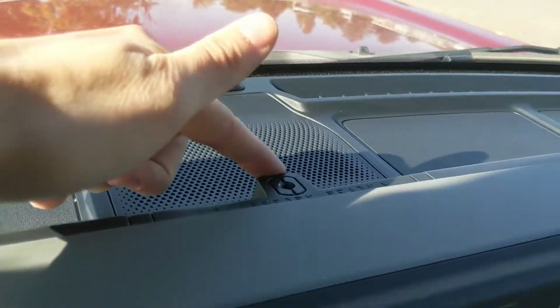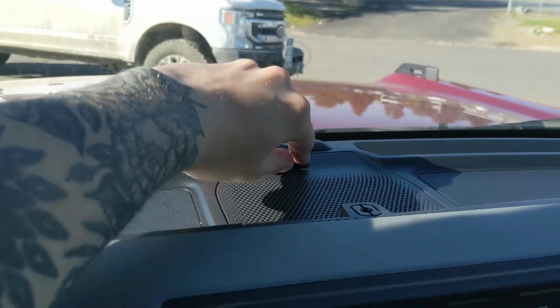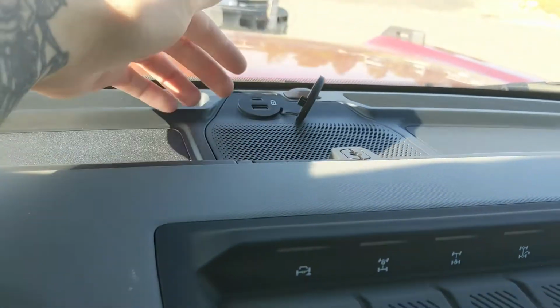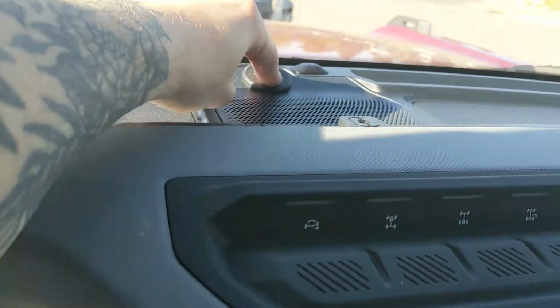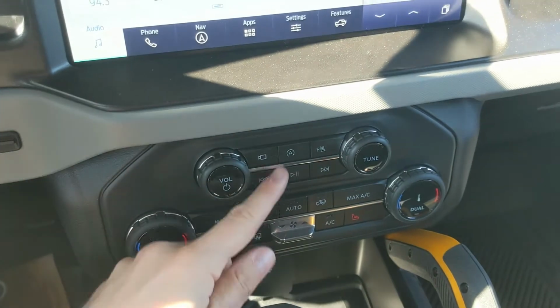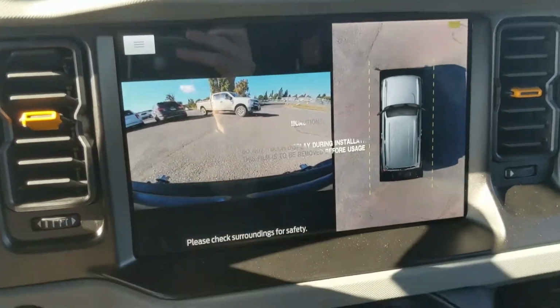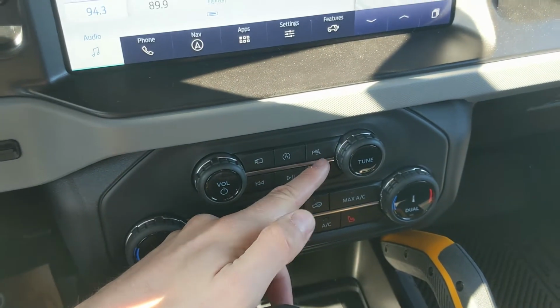Up here you do have a mounting point for an accessory rail, so if you want to put like a GoPro up here, as well as having a 12-volt power outlet, or actually it's a USB and USB-C, so potentially even better for accessories to power them. And moving down, you have your media controls with your camera view. Again, you have your forward-facing camera, you have your auto start stop shut off, park assist sensor shut off, and